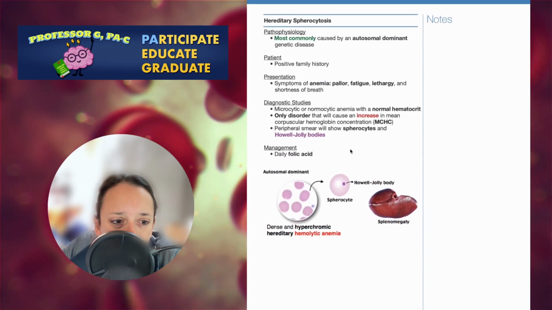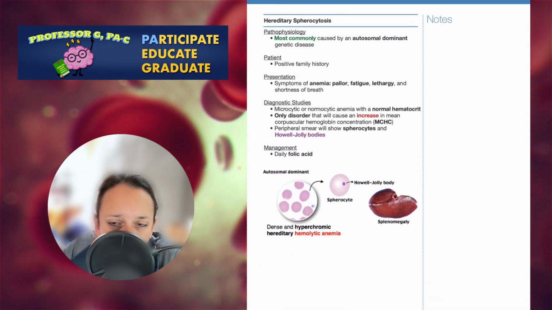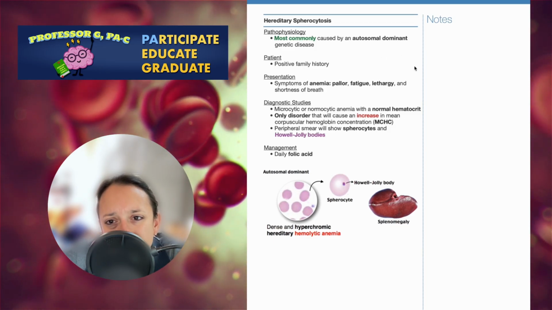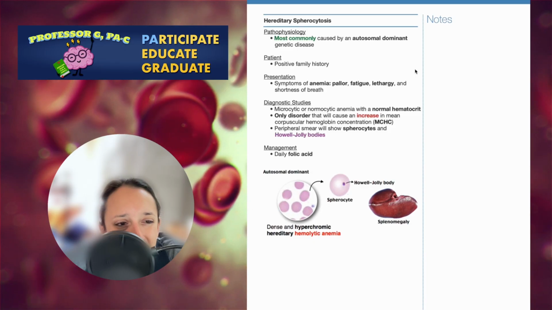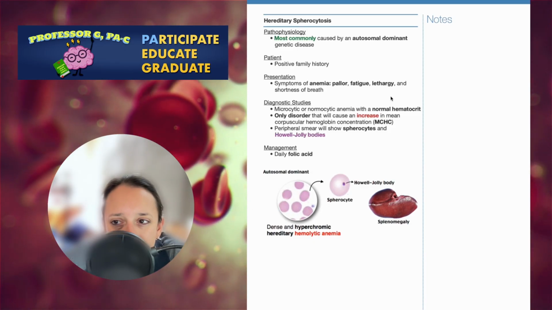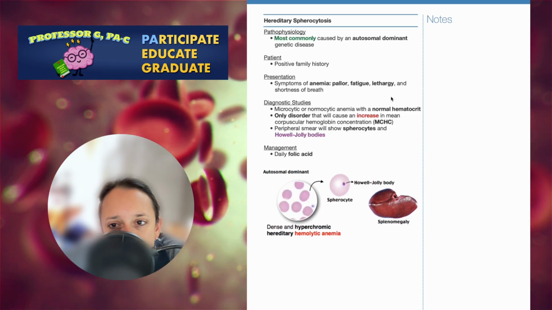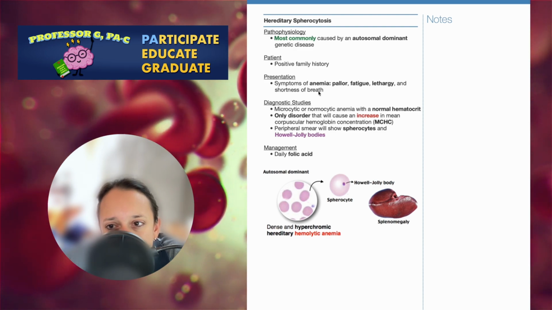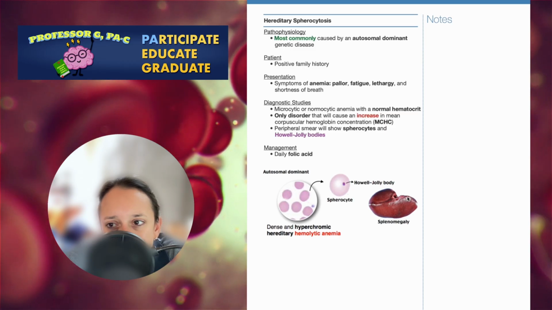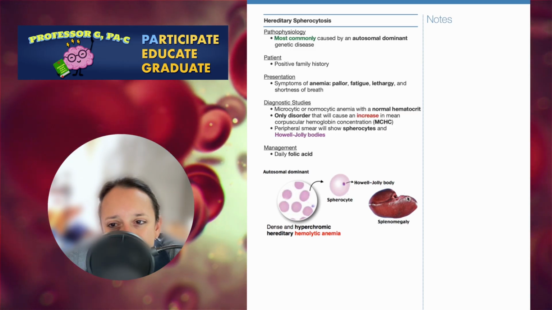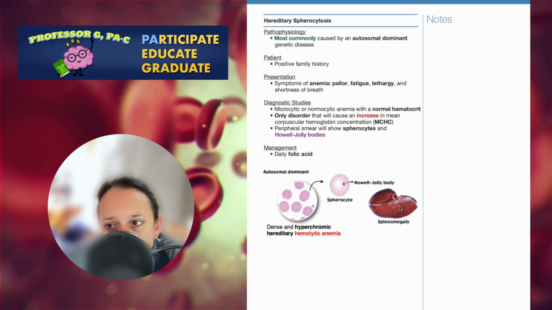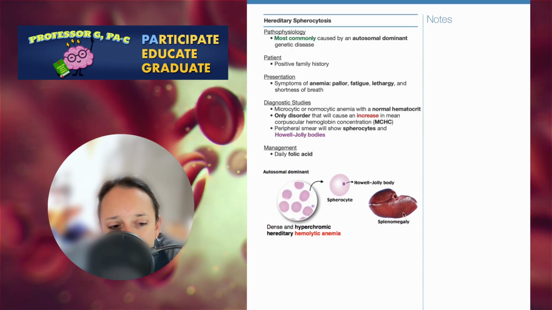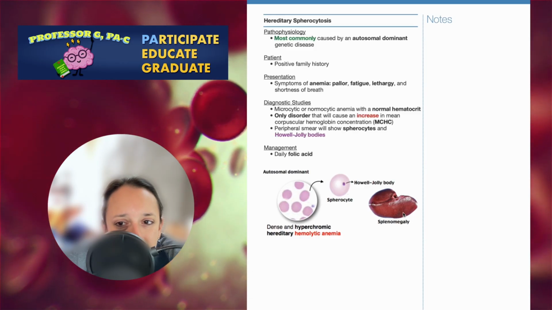Hereditary spherocytosis. So this is a genetic red blood cell membrane disorder. It is autosomal dominant. Normally, red blood cells are shaped like flexible biconcave discs, allowing them to squeeze through the tiny little capillary beds. But in hereditary spherocytosis, there are deficits in the proteins, which make the cell membrane unstable and they lose their shape, turning them into spherocytes. And these get trapped and destroyed in the spleen, which leads to chronic extravascular